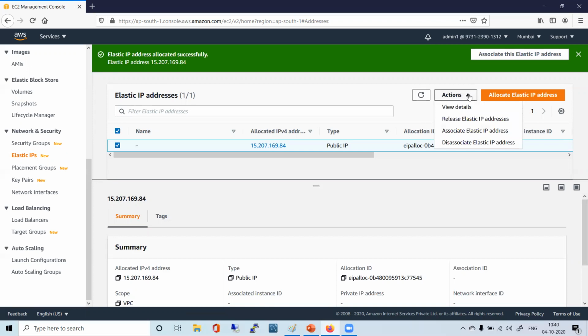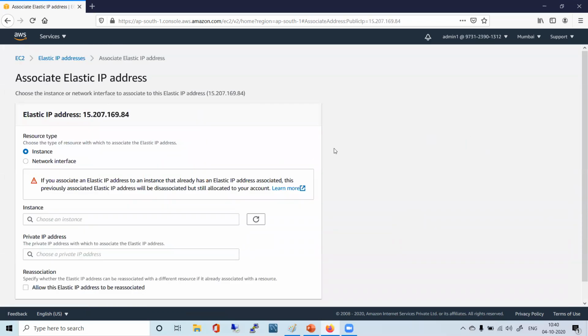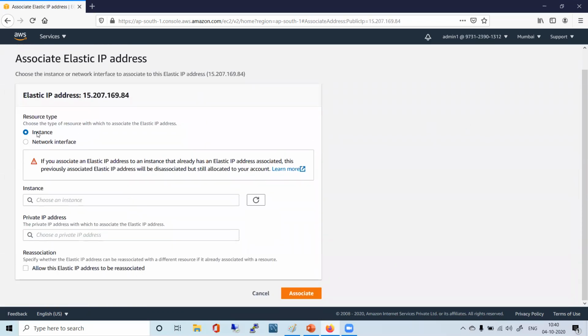And what do you want to do? Associate Elastic IP address. Yes, you can associate, you can disassociate, you can release, you can do all this. So associate Elastic IP address. You can associate with an instance or a network interface. There is a concept of network interface. What is a network interface?